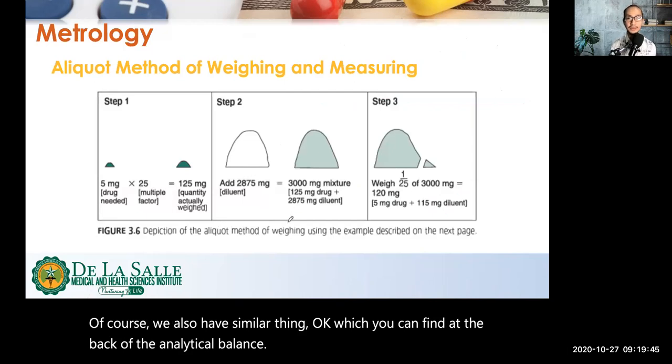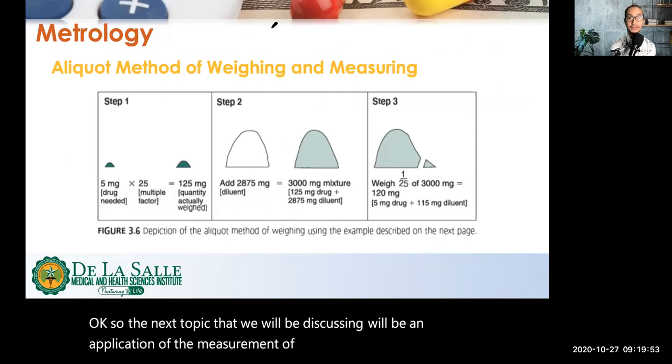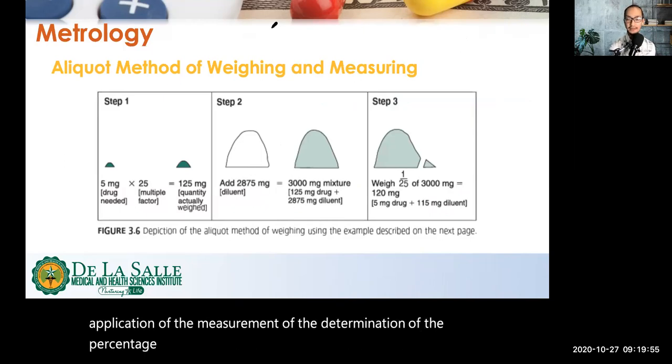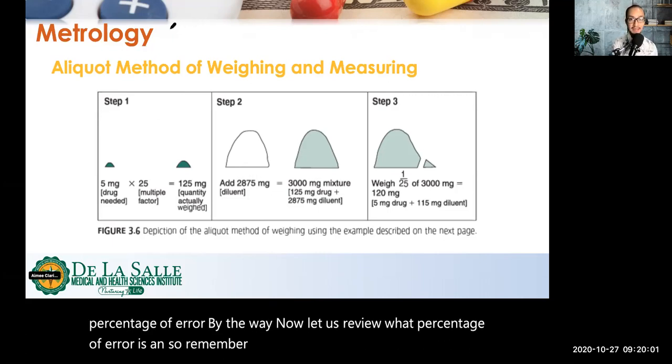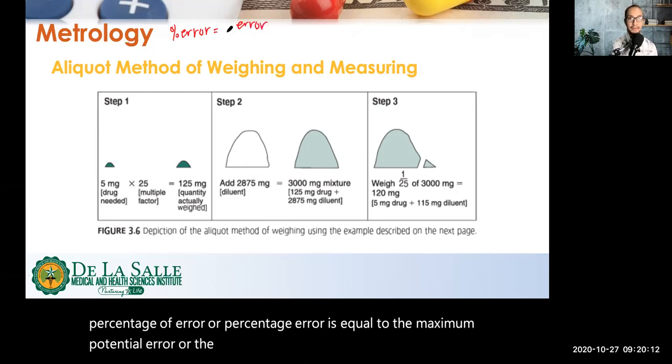Okay, so the next topic that we will be discussing will be an application of the measurement of the determination of the percentage of error. By the way, let us review what percentage of error is. Remember that we mentioned last time, percentage of error, or percentage error, is equal to the maximum potential error, or the error, divided by the quantity that is desired